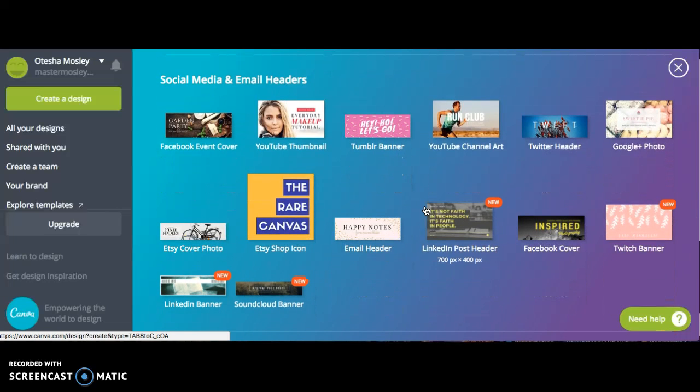As you can see, they have the Facebook event cover, which if you have a Facebook page, you know that's the thing at the top of a page behind your picture and everything. There's like a long photo. That's what that sizing is for. And so on and so forth for other platforms as well. So